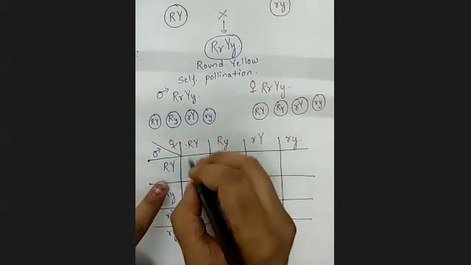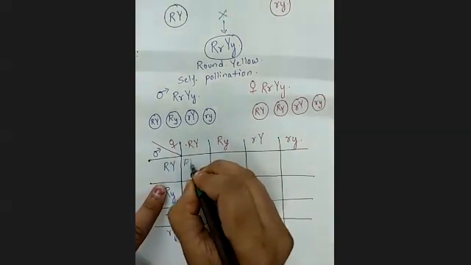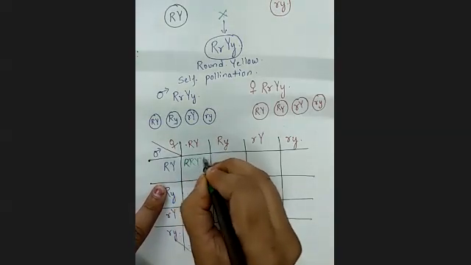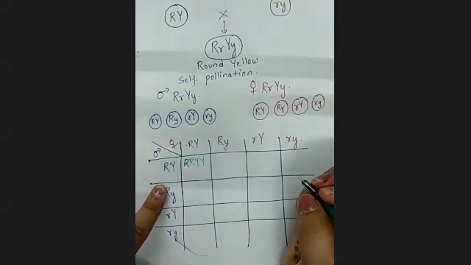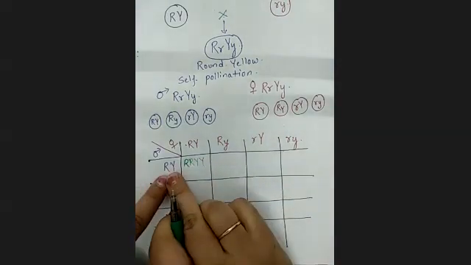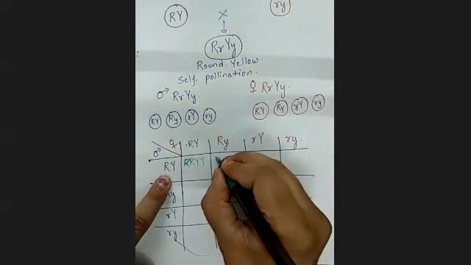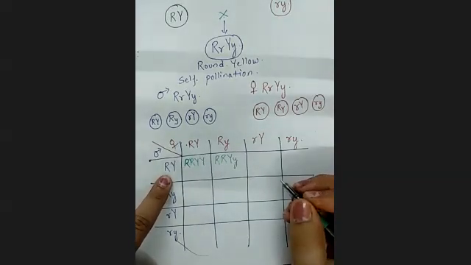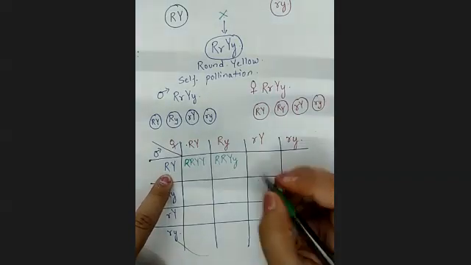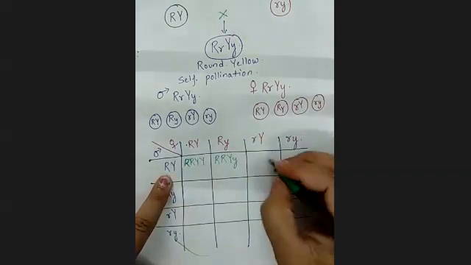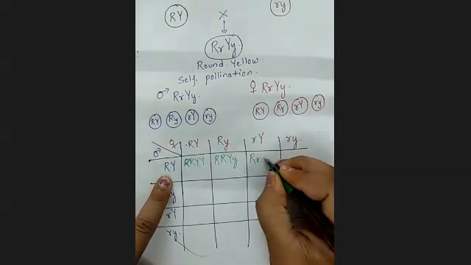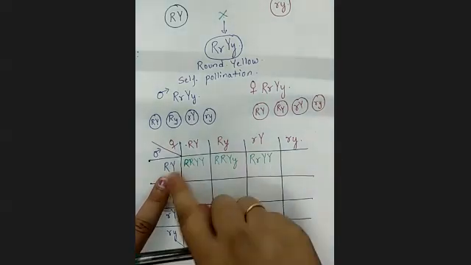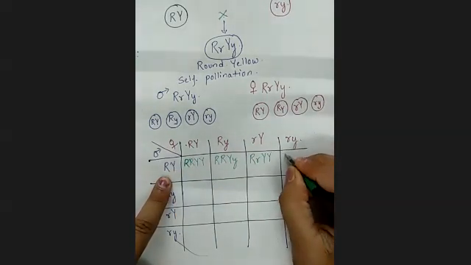When this and this got fused, he got the plant with this type of genetic combination. When this and this got fused, then he got this. Now when this and this got fused, you can do this in your books also. And when this and this type got fused, then